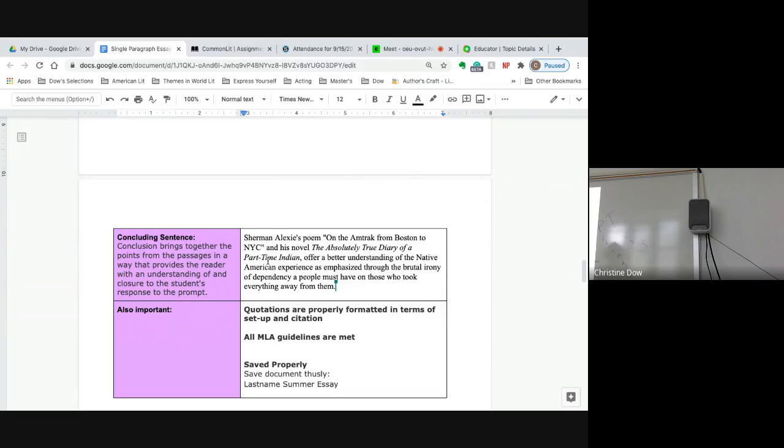It goes from, well, that was my thesis statement and I proved it, and this is why it's important. Because it emphasizes this dependency. It offers us a better understanding of Native American people in America, right? So the extension, why is it important? To whom is it important? Well, maybe to anybody who wants to better understand the Native American experiences in America, right? And so that's where we tie it all together. Why do I care? To whom is this important? How is it important? How does it affect the world? How does it affect me? Okay, give us that conclusion.